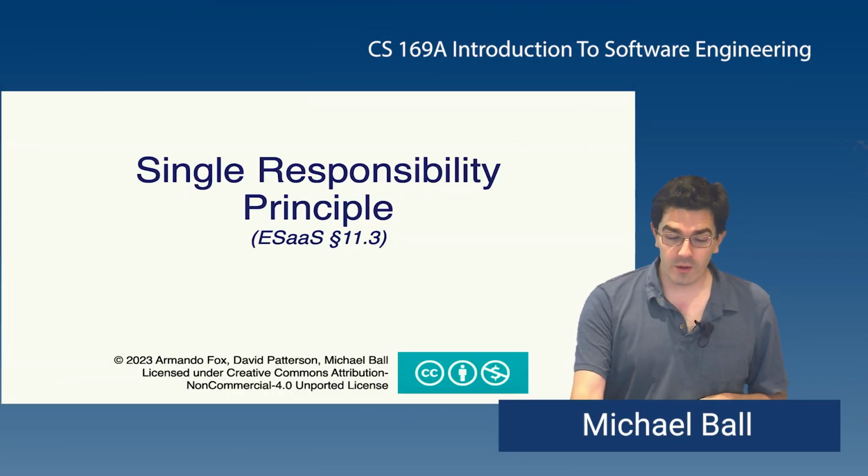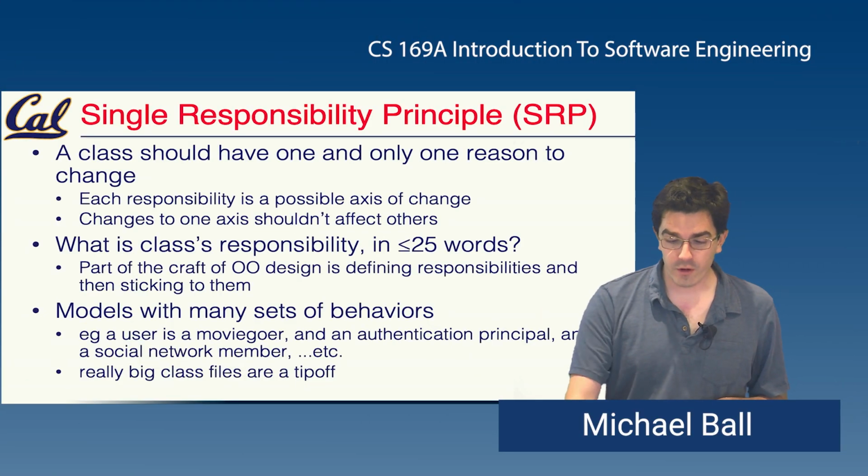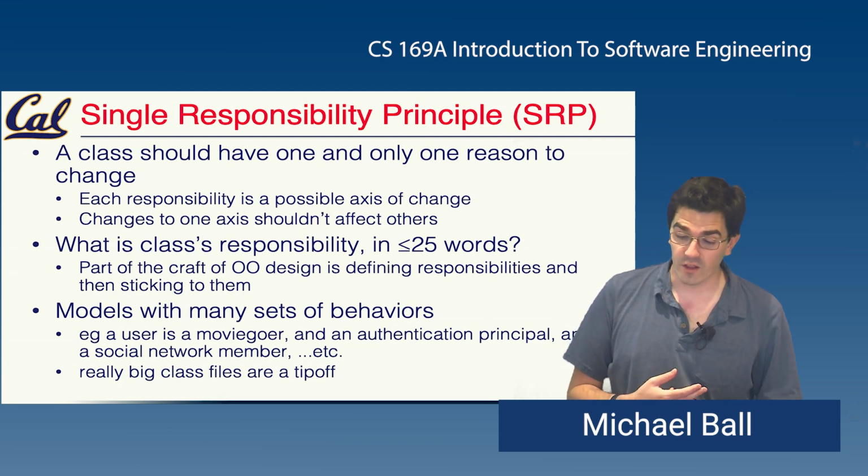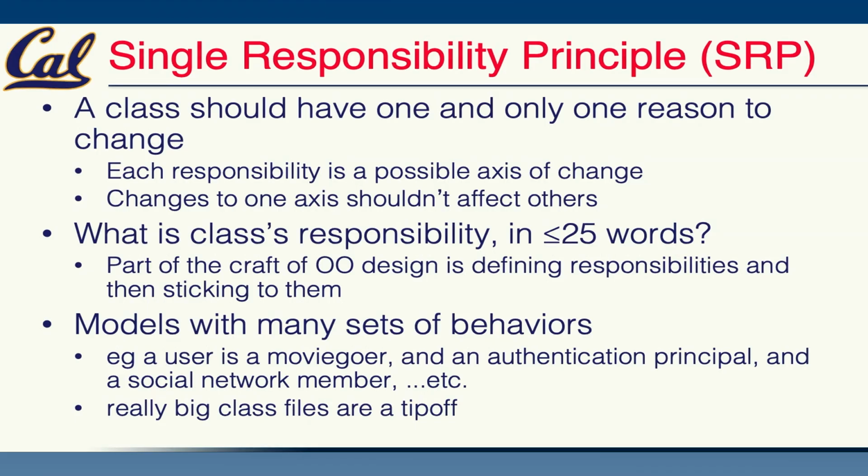The single responsibility principle, this should feel familiar. The single responsibility principle, or SRP, is the S in SOLID. And the goal is to think about how we should design the functionality of a particular class. And the reason I say it should feel familiar is that, when we've talked about functions, writing short methods, we